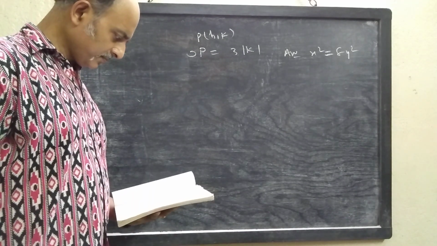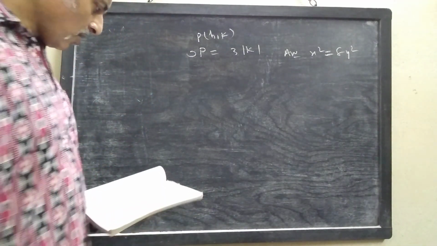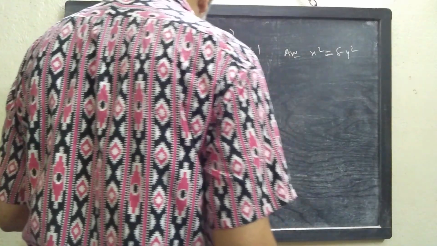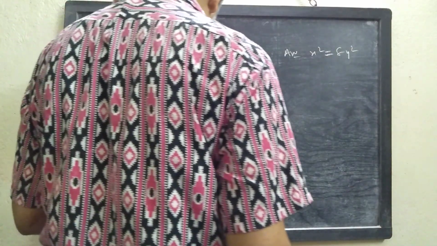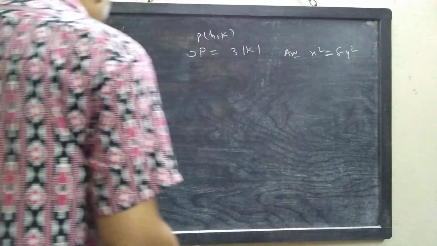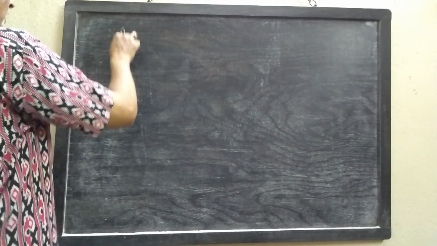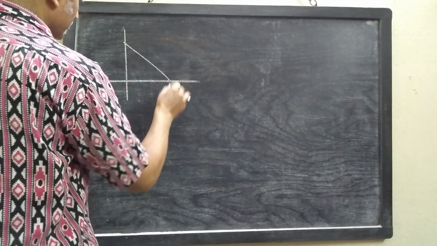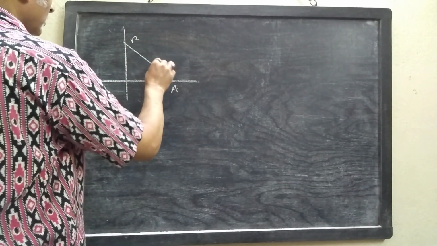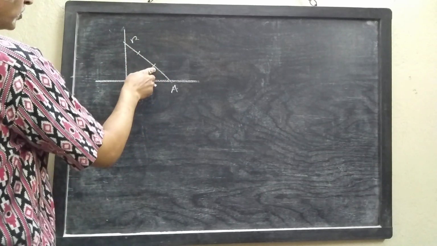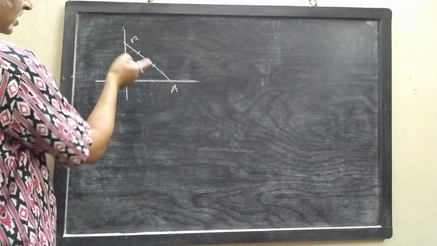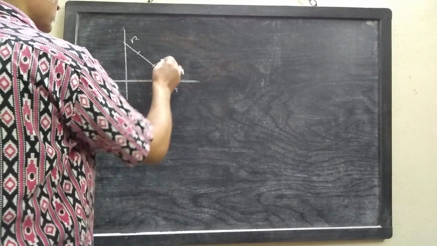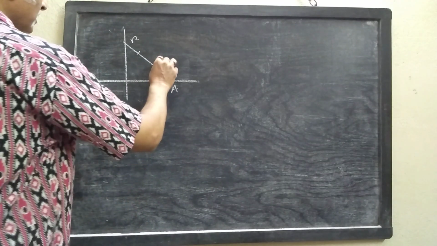Next question. A rod of length L unit slides between the two perpendicular lines. Find the equation to the locus of the point of trisection. Look, for any line segment, there exist 2 points of trisection. So this is A, this is B. One is this, one is this. This point divides AB in the ratio 1:2. This point divides it 2:1. So you have to do 2 cases.